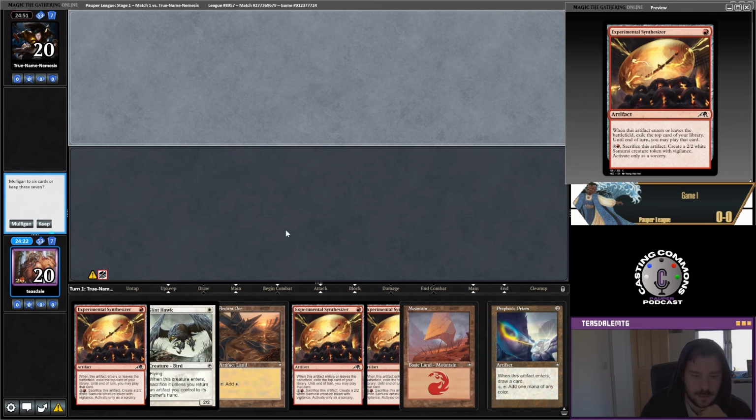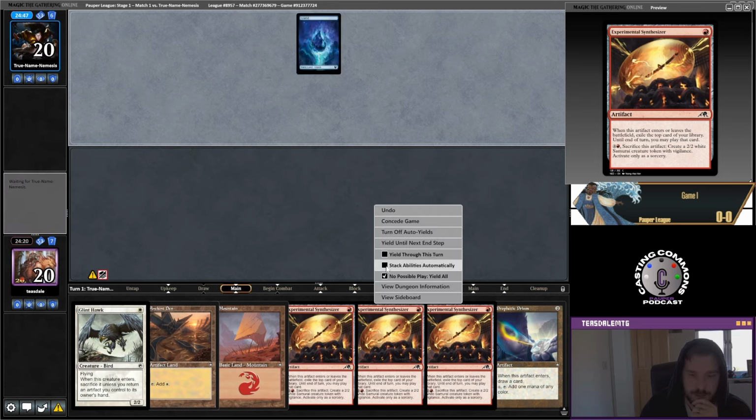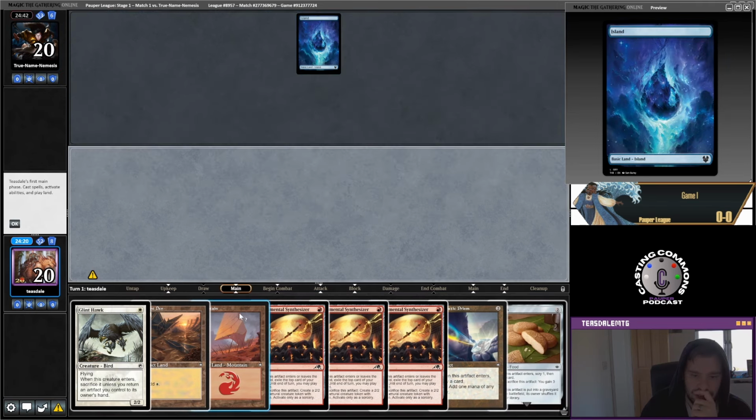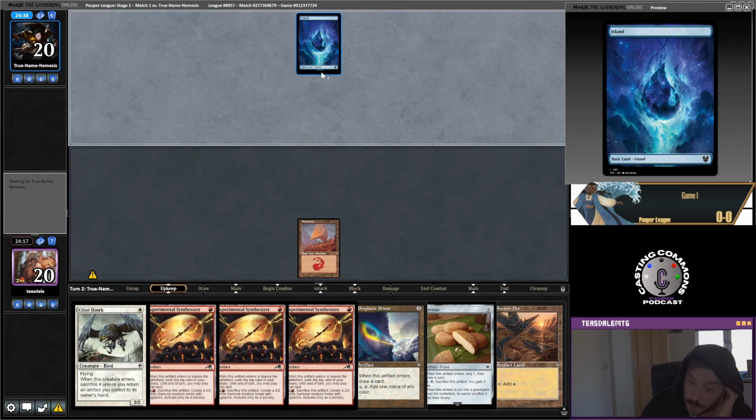Hey guys, welcome back to round number 1. We have a fairly capable hand. We're on True Name Nemesis. James Travazu is usually on Gardens, but obviously not this time. So it'll be interesting to see what they are on. It could be Terra. Could be...